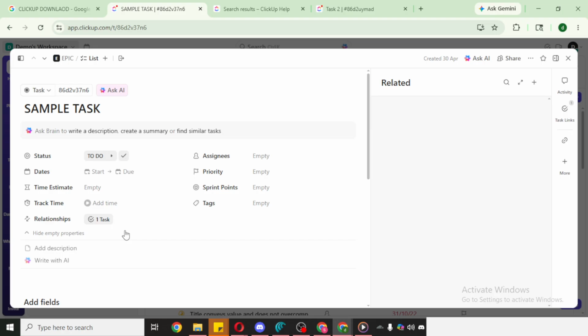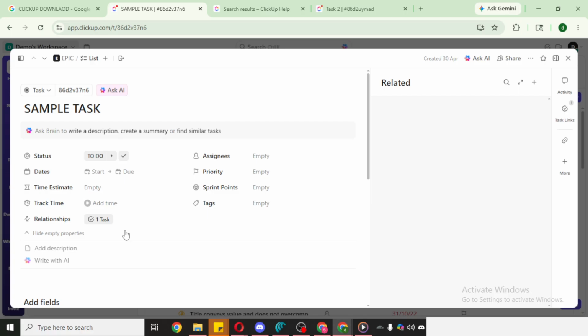A few quick tips to keep things smooth. Make sure you're removing the correct relationship, especially if several links look similar. If you don't see the option to delete, you may need the right permission level in your workspace, so check with your admin or owner. And remember, removing a relationship simply unlinks items to keep your workspace organized. It doesn't erase any data from the original task or document.